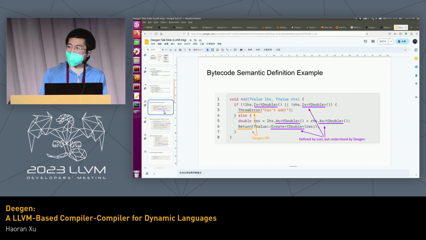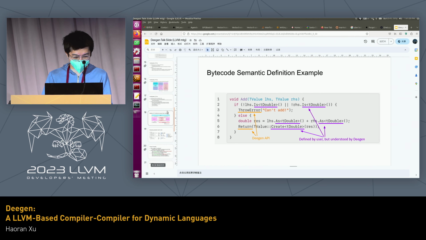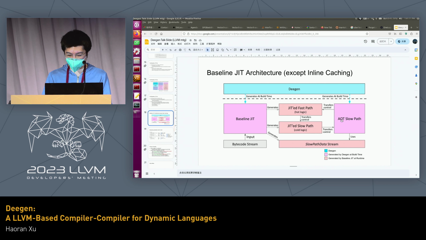Thank you for the talk. I also have some technical questions. Maybe I didn't understand everything correctly. There is a slide where you say that there is an AOT slow path that is generated at build time. I'm wondering how you can do that for, let's say, a Lua program that's only going to be read by the generated compiler. Oh, so the AOT slow path is all sorts of weird semantics in Lua that